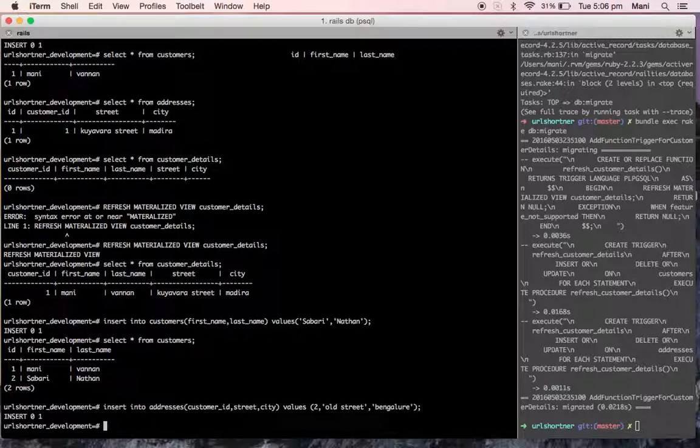Before, when I executed this query, select star from customer details, it did not give the recent data. When new data was entered into the table, it was not reflected when I executed this query.